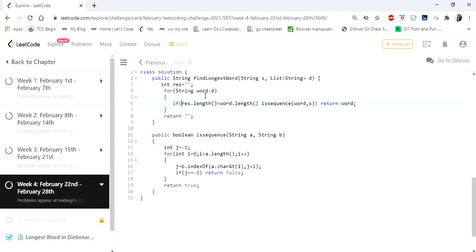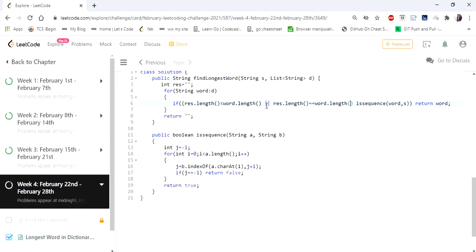If the word's length is higher than the previous result we stored in the result variable, then we call the sequence and check. If it is not greater, if it is lesser, we can simply keep the result and move forward to the next word. Or if it is equal, if result dot length is equal to word dot length,